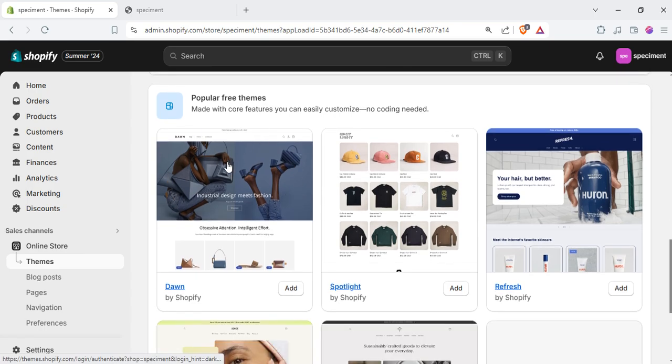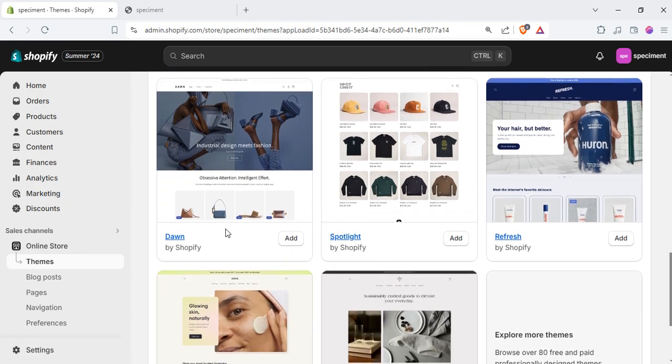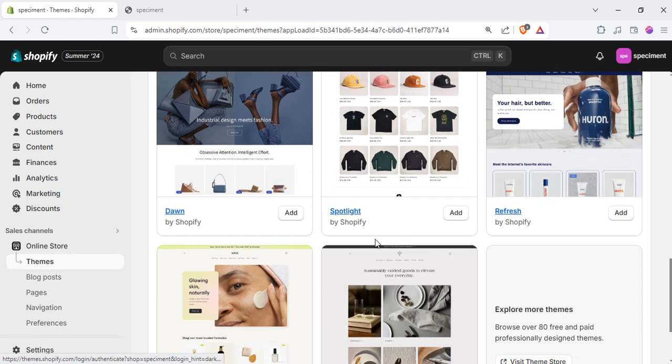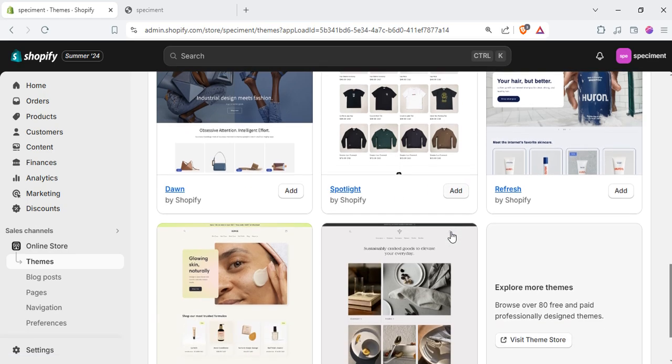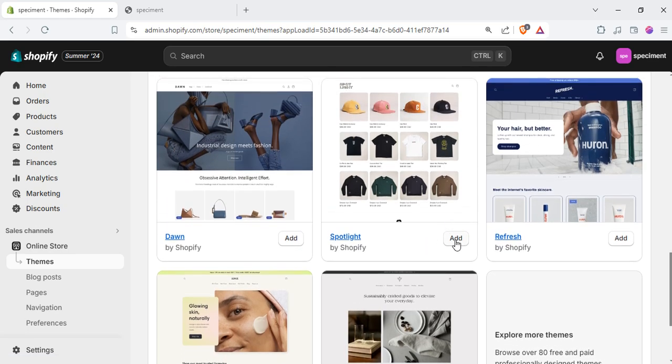Here we will see a section called popular free themes. In this section we will see many free themes. We can use any themes from here. For now I will install this theme. I will click on add button